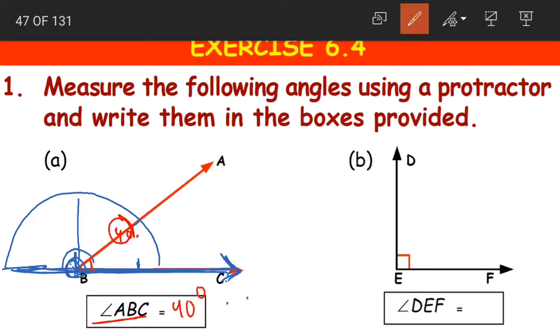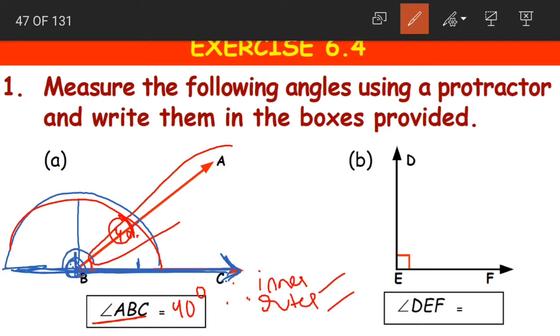Is this clear? What should we do? We should place our protractor like this and then decide whether to use our inner scale or the outer scale. Yes, after deciding, you have to look at the other arm. The marking where our other arm is showing will be the measure of our angle children.